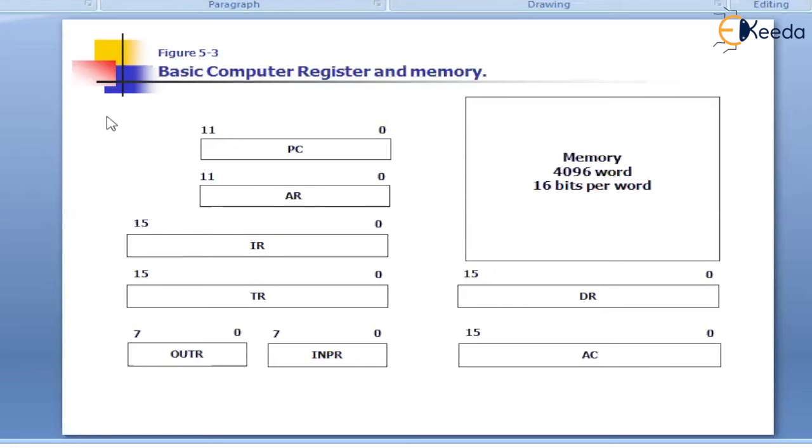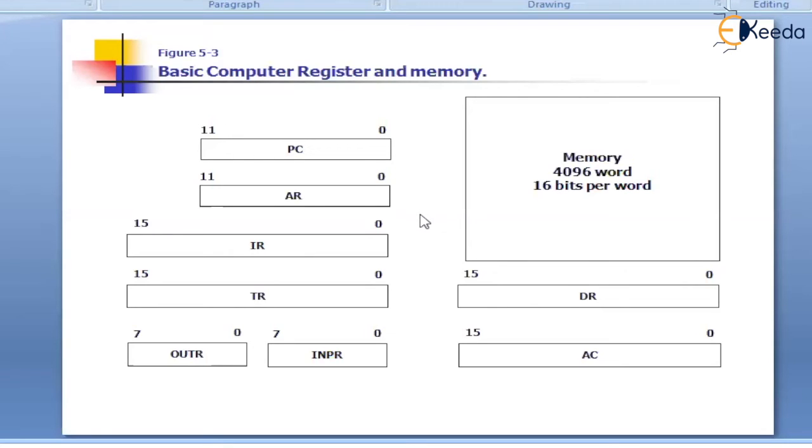If the architecture size is equal to 16 digits, then the word size either in the main memory or in the processor's register should be equal to 16. If the architecture size is equal to 32, that means the CPU size is equal to 32, then memory word size should be equal to 32 and the processor's register size should also be equal to 32 digits. So everything is at par with the architecture size. Everything must be equal to the architecture size. But when it comes to the CPU registers, some CPU registers will be of different size.